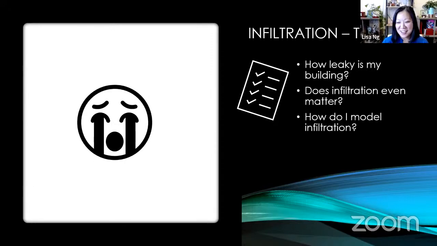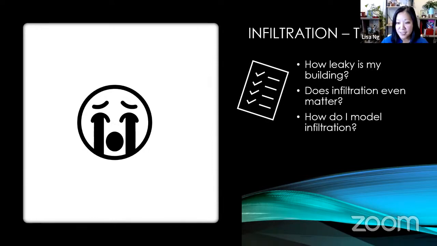So Al put in the chat the flow coefficient model, which is one of the models that you can use to model infiltration. There are several. Something that I'll say about these coefficient models, and Andy, Steve, Emmerich can correct me if I'm wrong, but they were also developed for residential buildings, so they may not be applicable to larger commercial buildings.